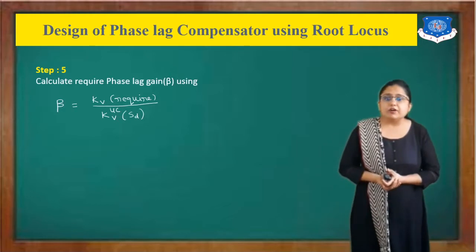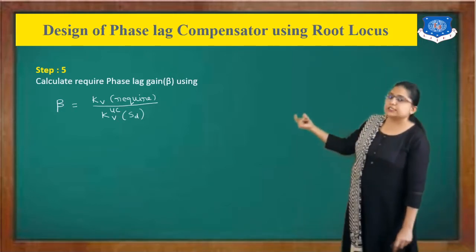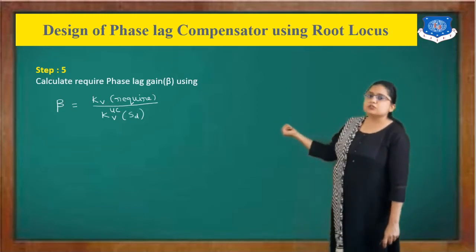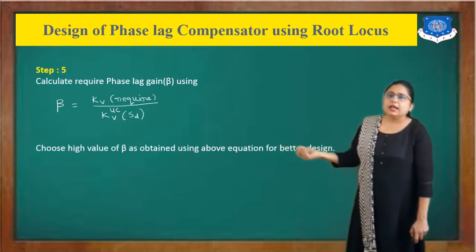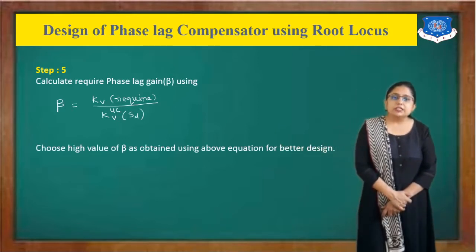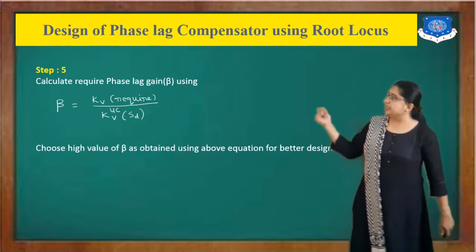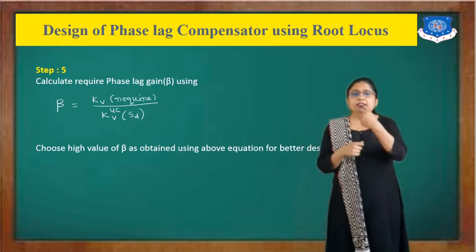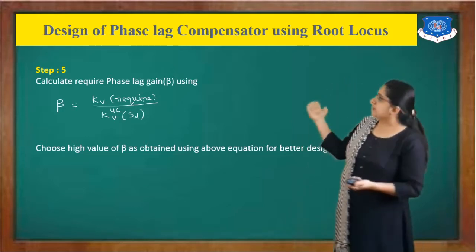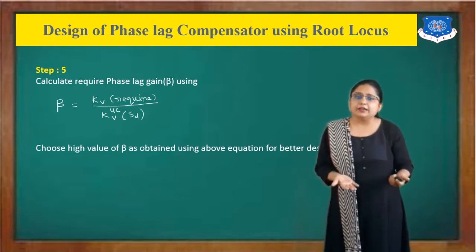See the kV required that is given in the question, and kVUC as done that you already found in step number 4. So you have to substitute these two values, and you have to choose the higher value of beta using the above equation. For example, if I get beta equal to 3, then I'll take the higher value, that is beta equal to 5. If beta equal to 7.5, then definitely I'll take a higher value, that is 8, 9 or anything,